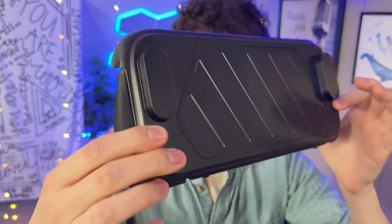And I love how this grip area is so thickened and curved, so when you're holding it, it feels so much more natural. This will definitely prevent you from having finger strain during long gaming sessions. They also mentioned that it docks vertically with the case on, and the installation looks very straightforward. There's a video that